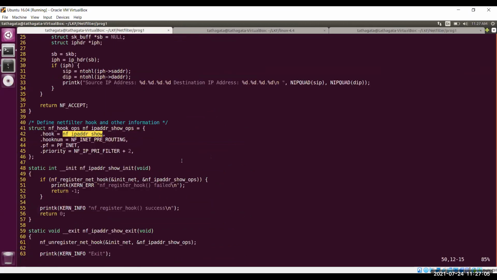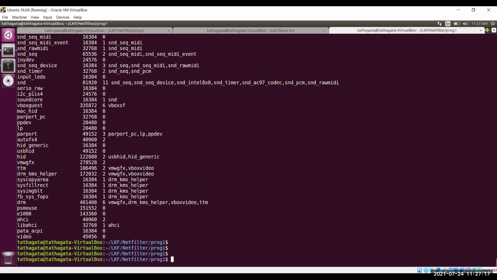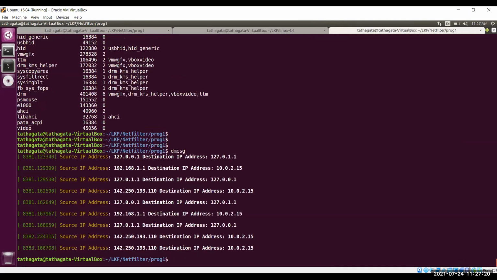So, a question about the output, the source IP. Can you show me the output? Yes. So when you did a ping, what did you ping actually?